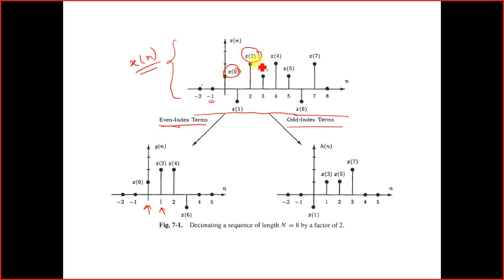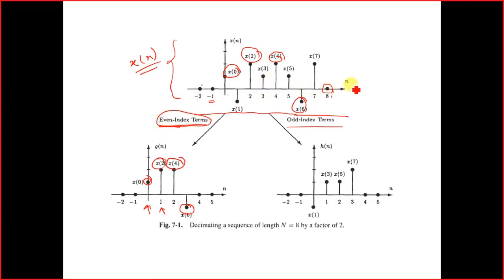So you have taken this value, then after leaving one value, you have taken another one, then you left another value, then you took another one, x4, see, right? Then after x4, you have taken x6, okay? Then you have to take x8, and in this fashion it will go: x0, x2, x6. That's why it is called even index terms.